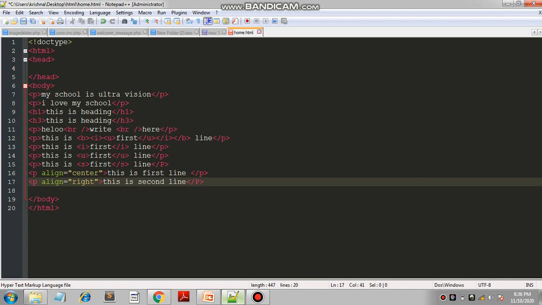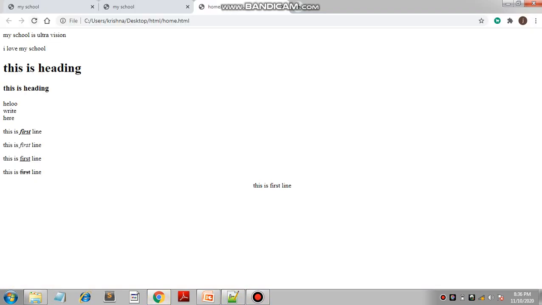Okay, again save your file, go to Google Chrome and refresh it. Okay, see, this is the second line on the right side, same as the left side.